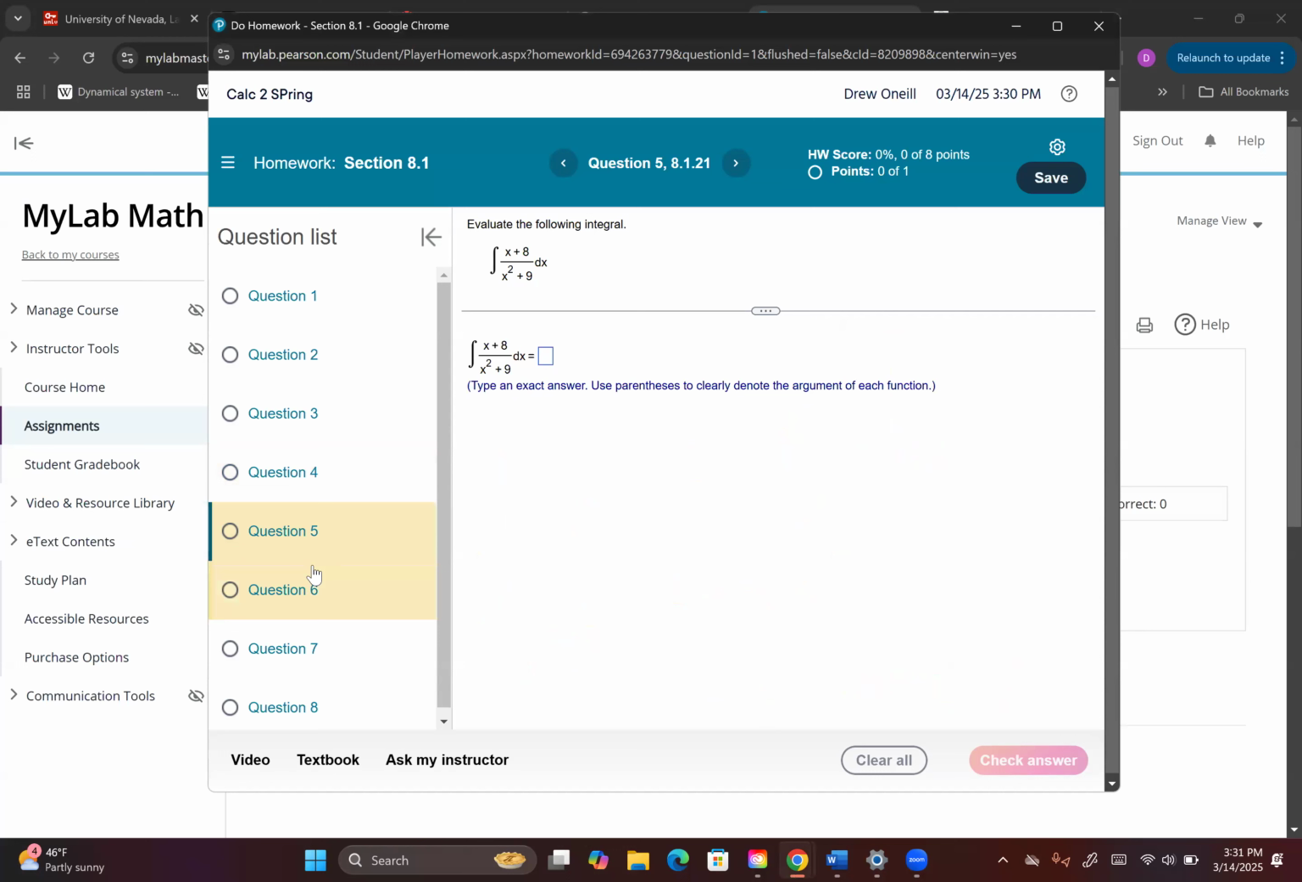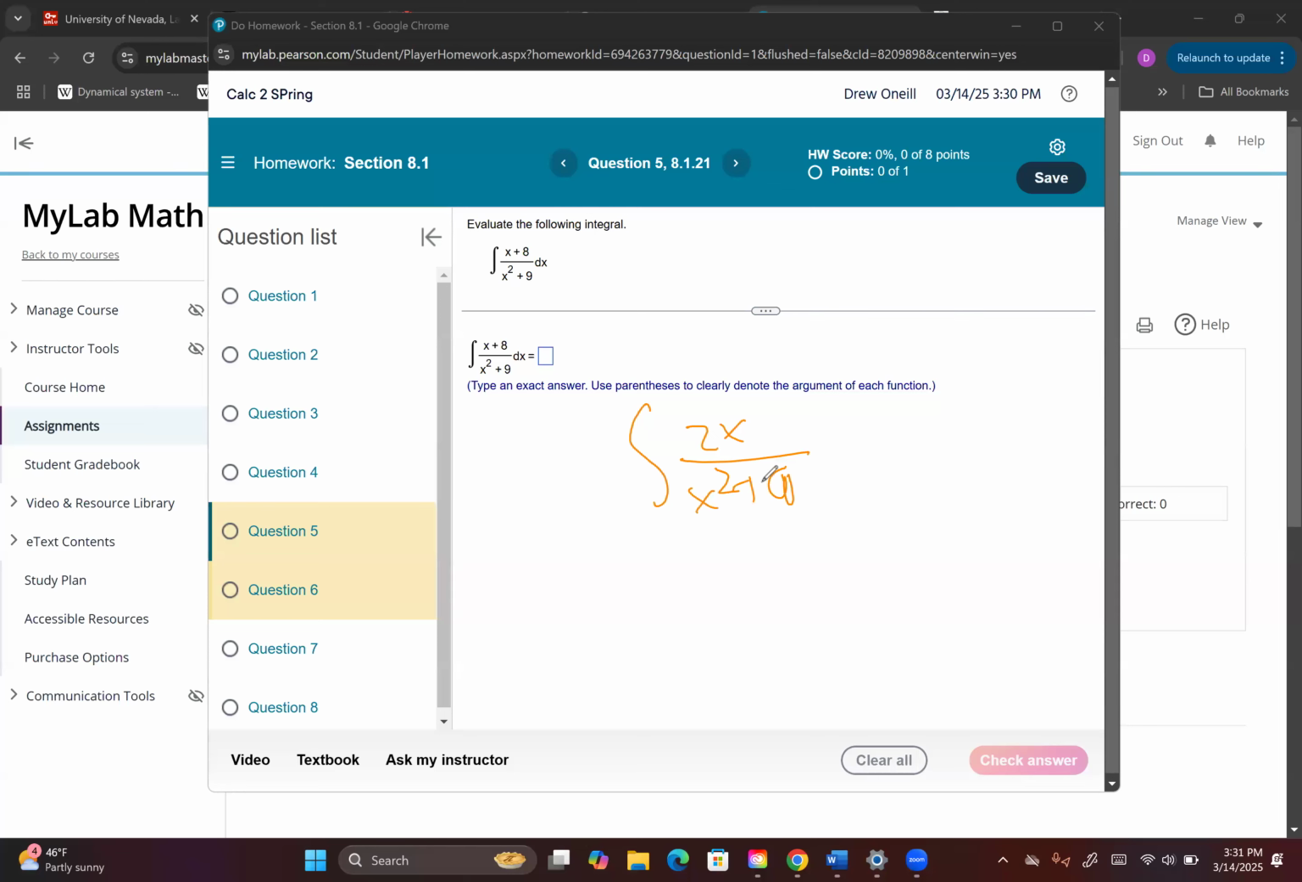Question 5. Now this is a hard problem. Okay, why? Because we have too much going on. There is a simpler version of this problem too. So if we had this,